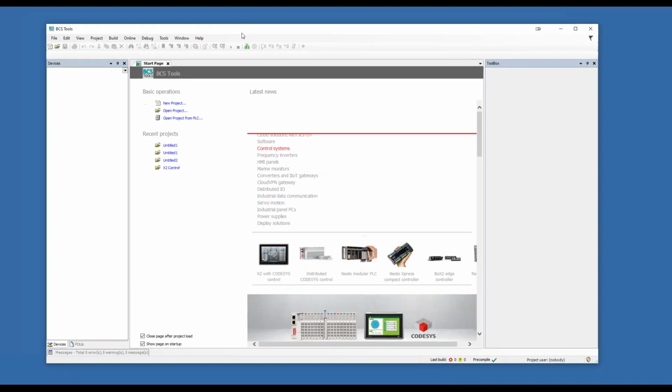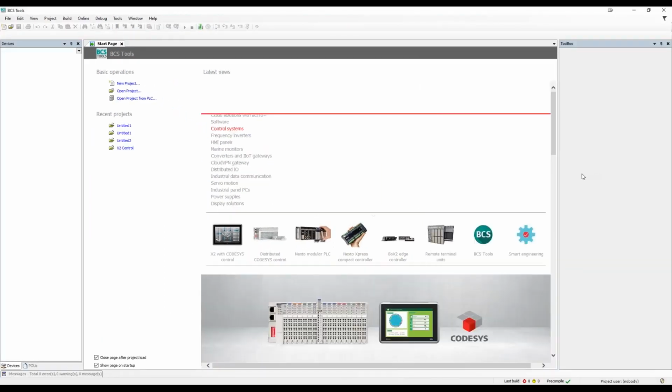But when we get down to it and actually launch BCS tools, we get a startup screen that looks almost identical to Codesys. Now, Codesys is a 61131-3 standard for all your PLC programming languages, and so is BCS tools. All right, so when we actually launch a project,